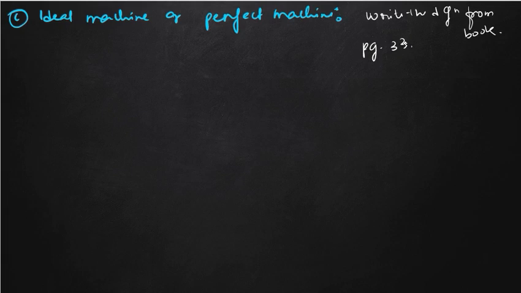Very easy. And in general, can we find such a type of machine, an ideal machine or perfect machine, whose parts are weightless and do not have any friction, or a machine which gives 100% efficiency? The answer is no. It is not possible to have any ideal or perfect machine, because if it has parts, those parts will have some weight. We cannot have anything which does not have any weight, because every particle has some mass.